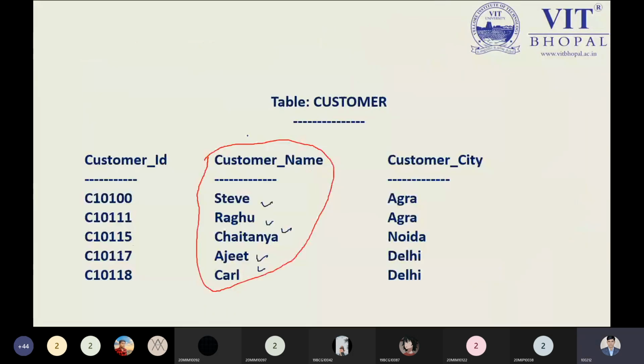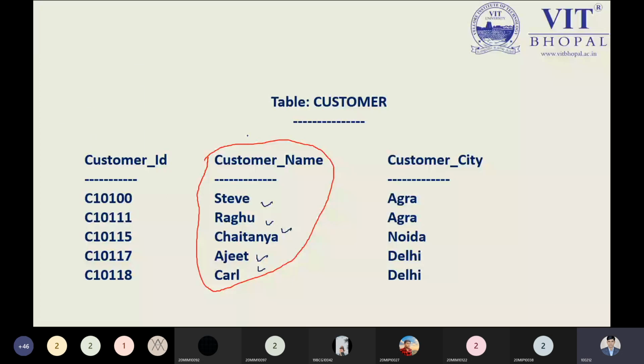So let us understand how we can explain this. Focus on this table. This table is represented by customer ID, customer name, and city. Customer ID, customer name, and customer city are the actual attribute names or column names. Now, this query is written like this, and it will be in subscript form.